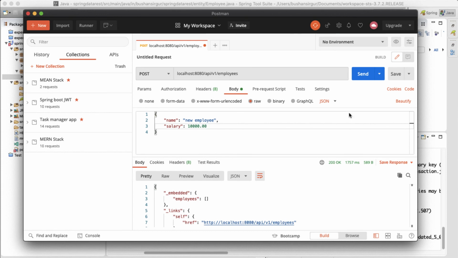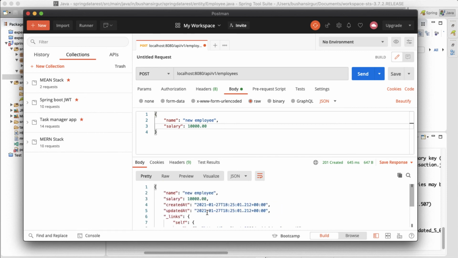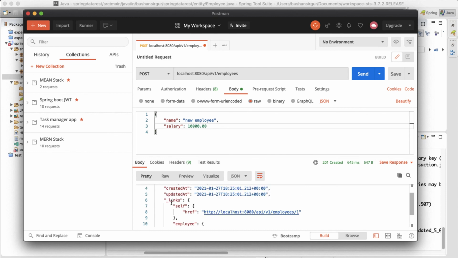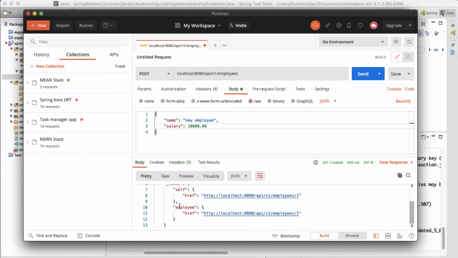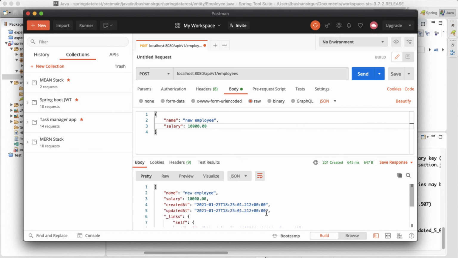Okay, so now when I click on send, we get a response. You can see name, new employee, salary 10,000, created at and updated at, and it also automatically creates links with the help of HATEOAS. It automatically provides the link for getting a single employee.